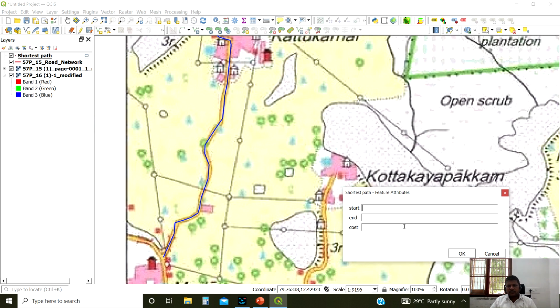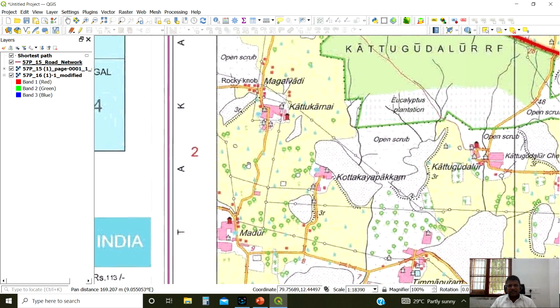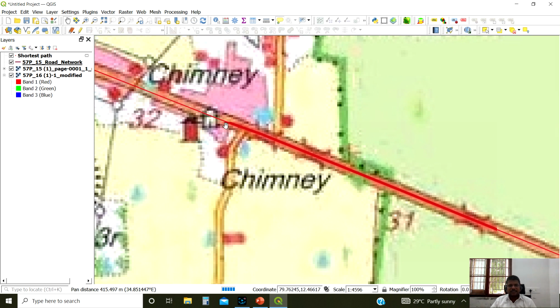See, it is asking for the shortest path, where I have to start. So I digitize in the shortest path. We have to digitize in the road network. So knowingly or unknowingly, we digitize in the shortest path.